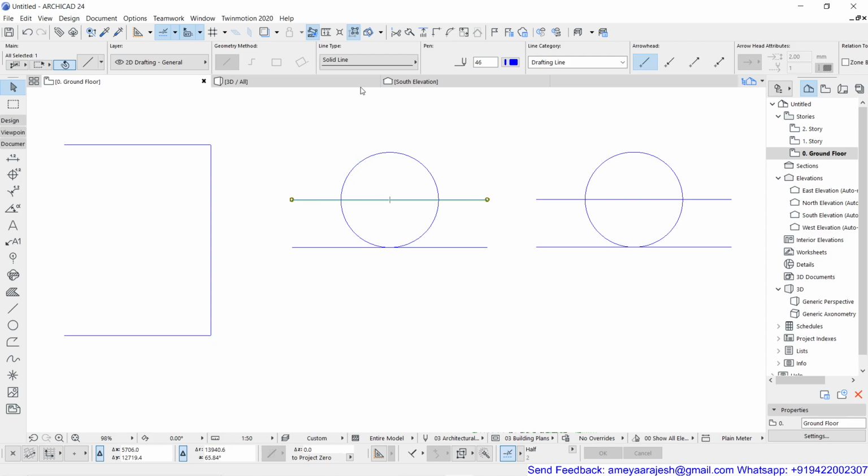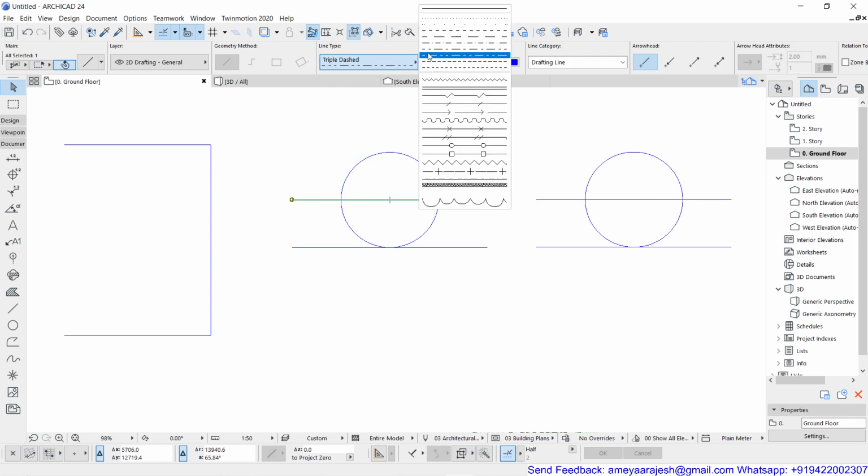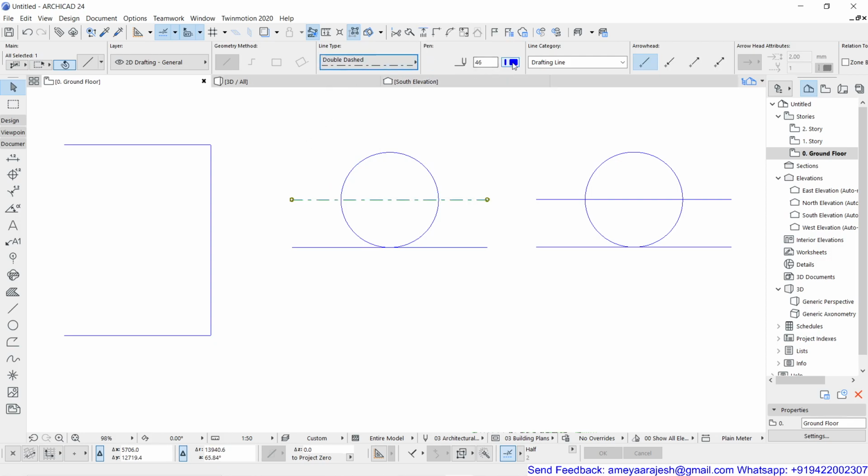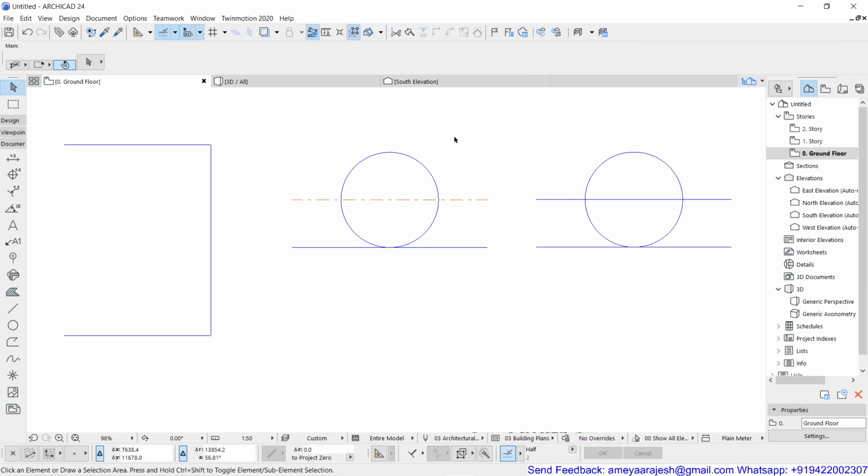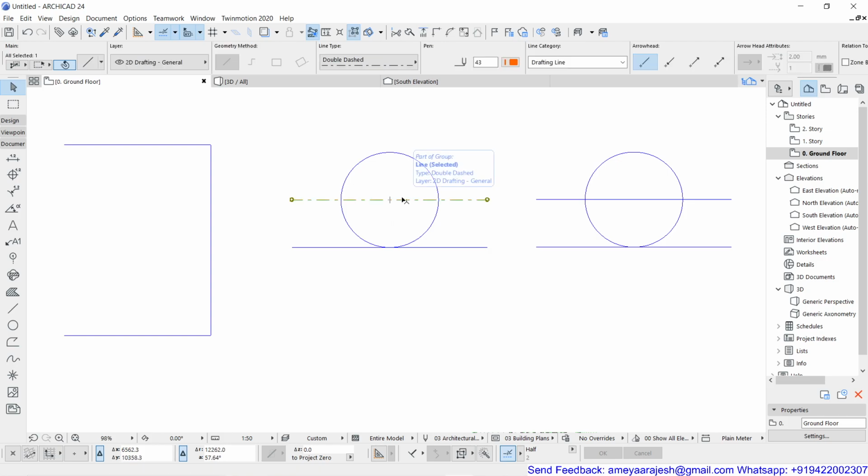I'm just going to continue with a single line first of all. For example, I have changed its line type. Even I've changed its pen number. Okay, and if I deselect, you can see now I can edit the objects very freely. I can even move it anywhere, or I can do further editing. For example, if I want to convert this into an arc segment, I can use the Mercedes cursor.